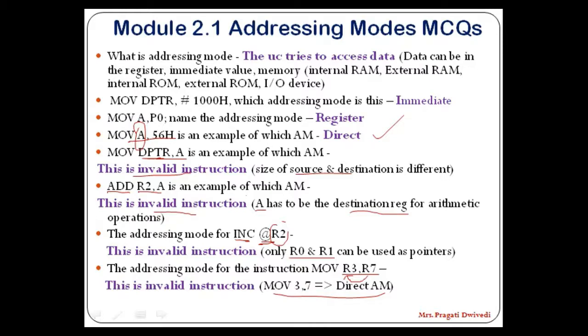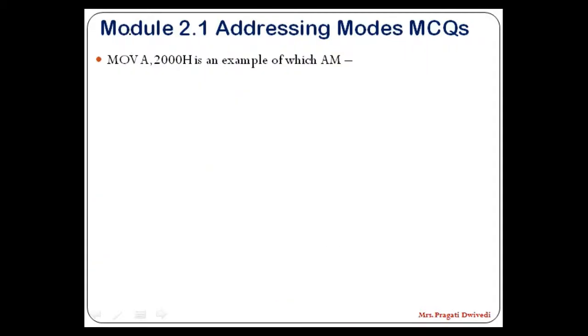Now what is 3? 3 is the address of R3. And what is 7? It is the address of R7. So I'm doing the same thing. I'm moving the content of R7 to R3. But since register addressing mode is not valid, there is no opcode, I will use direct addressing mode to do the same thing. So please make a note of this instruction. This type of question is important since it is tricky. Let us see the next question.